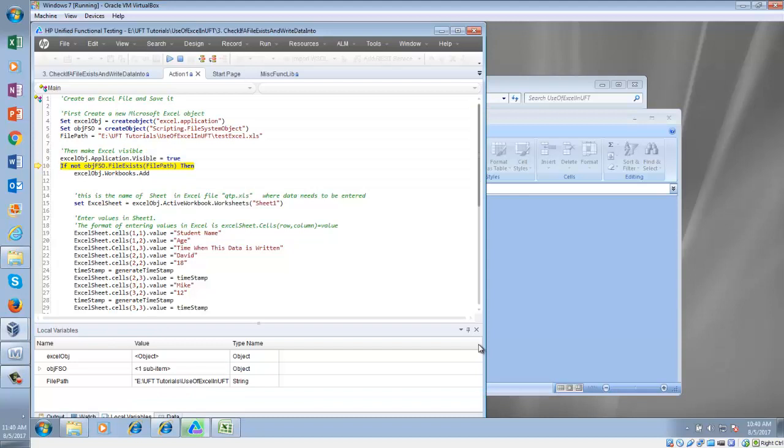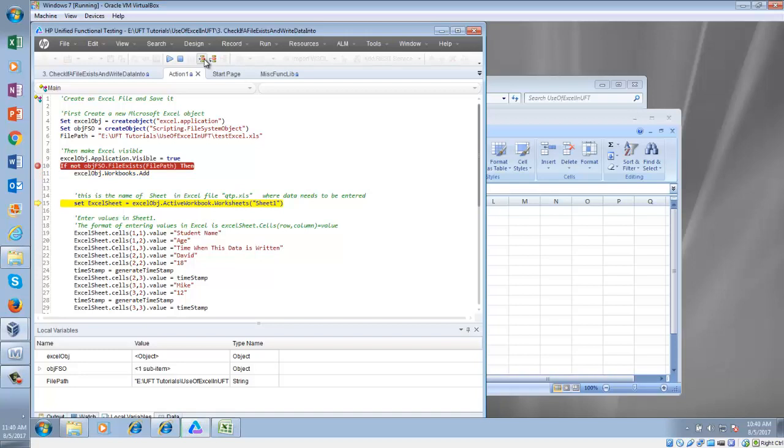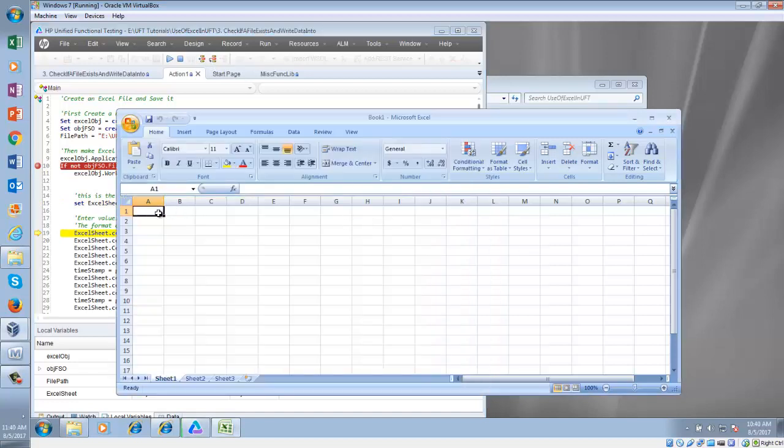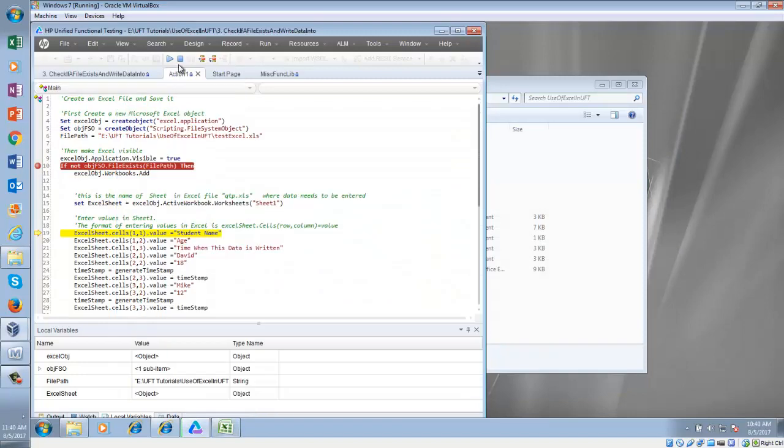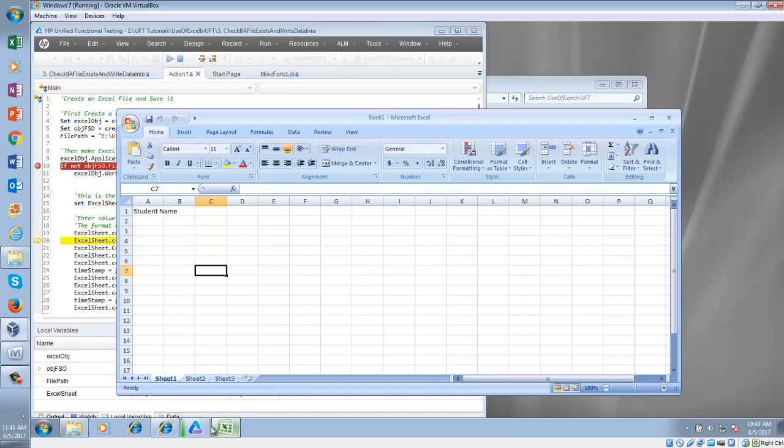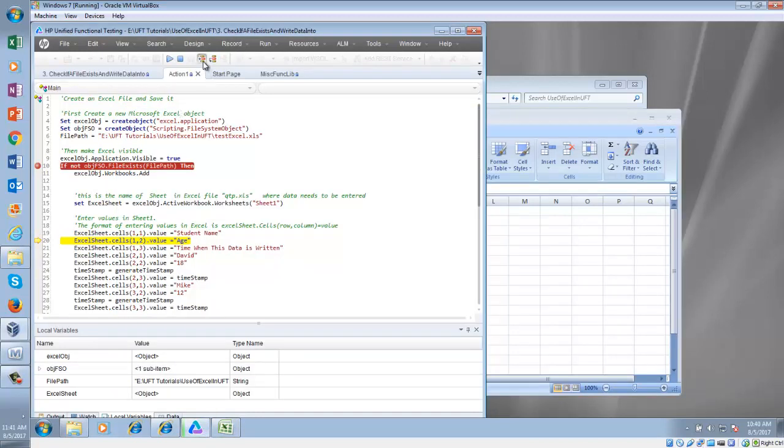Okay, now what we are doing here, we are checking if this file exists. At this point this file doesn't exist, so it will be going there and creating a workbook. Right now we do not have anything here, but it is going to write something. If I execute this, you will see that in cell 11 we have a student name, and in cell 12 it will be writing age, right? So this is where the new thing is,